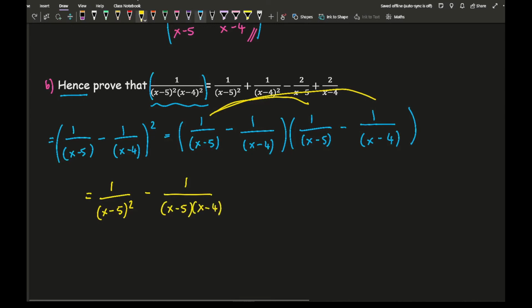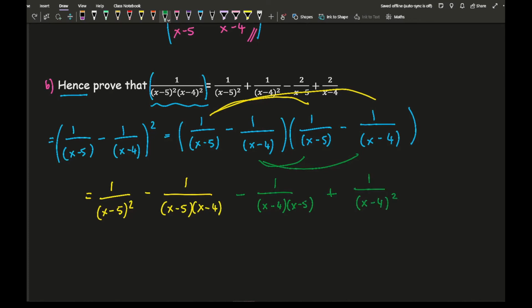And then moving on to the second term in the first bracket and multiplying across, I end up with minus 1 over x minus 4 times 1 over x minus 5,